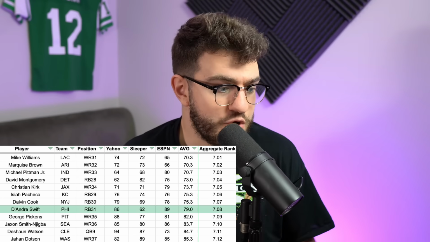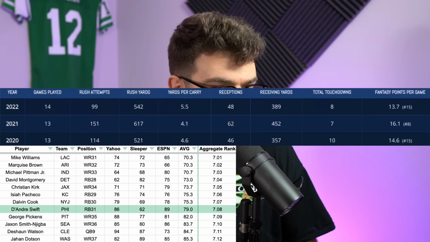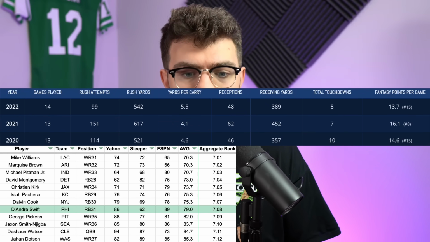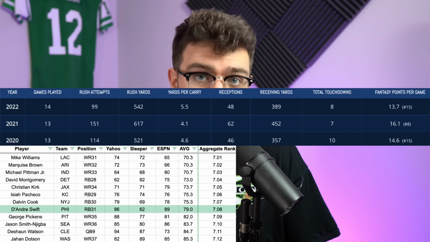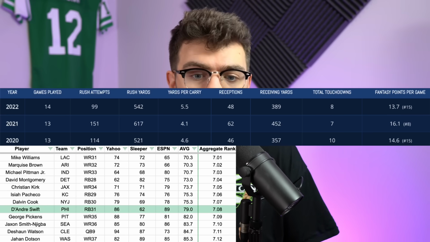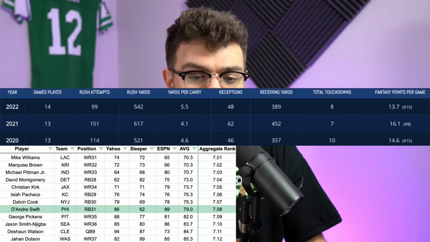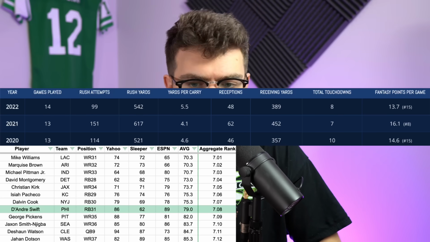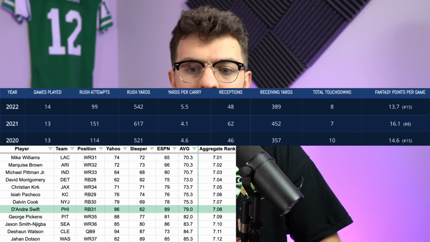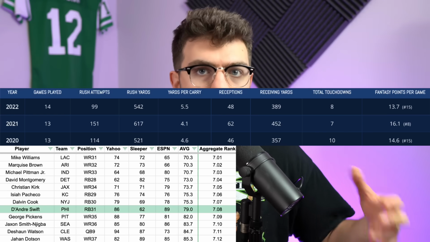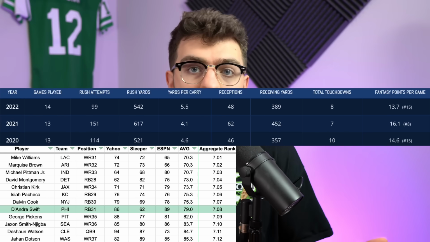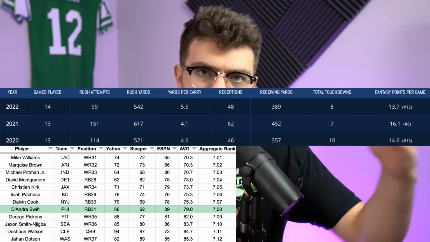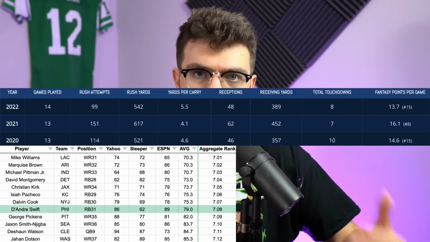This is also a guy who you can take in the RB30 range who has never finished lower than RB15 in points per game. And he finished RB15 in points per game last year on a 41.8% snap share, which was 42nd in the NFL. He was on the bad side of a 60-40 split, and he still was the RB15 in points per game. I've been really coming around on Swift. Him potentially being the lead back grows even more as Rashad Penny's maybe a cut candidate now. They're talking about Rashad Penny as a cut candidate, and it just feels like Kenneth Gainwell keeps on rising up, and nobody's really moving DeAndre Swift up.